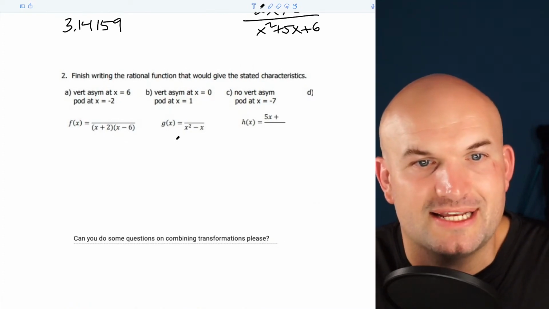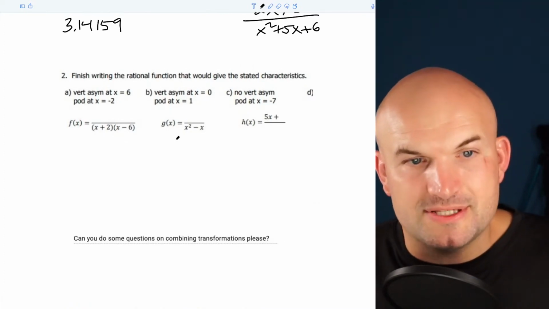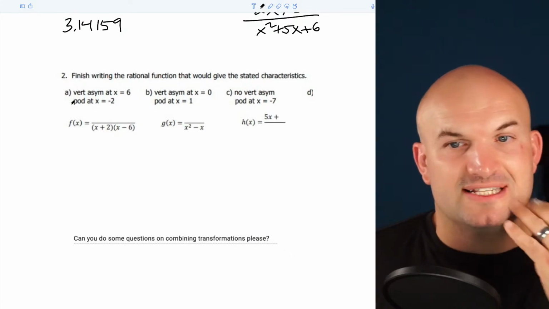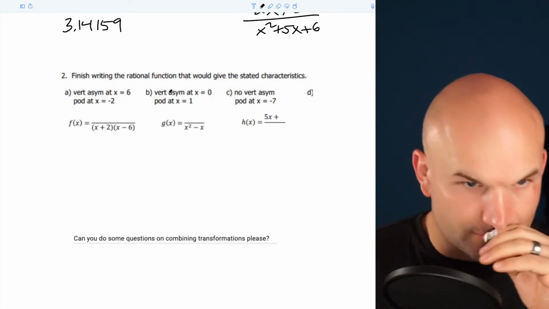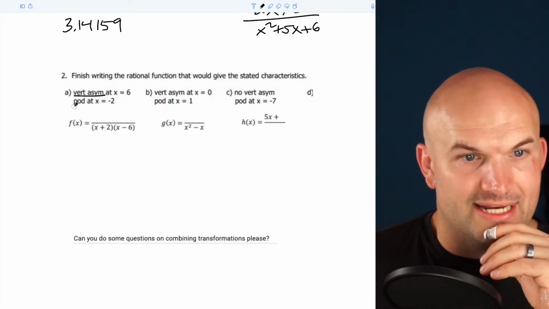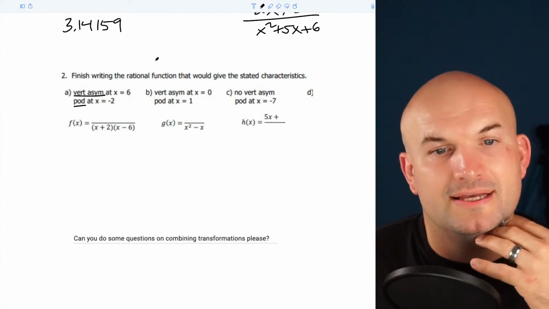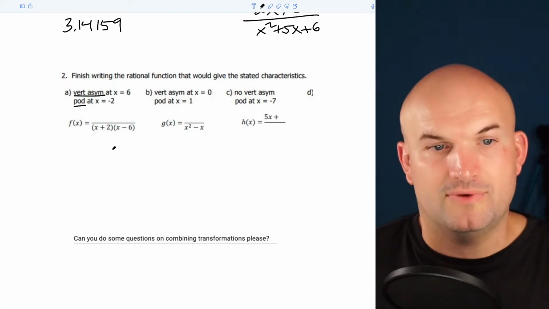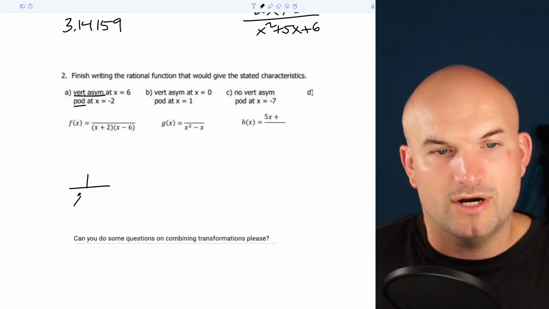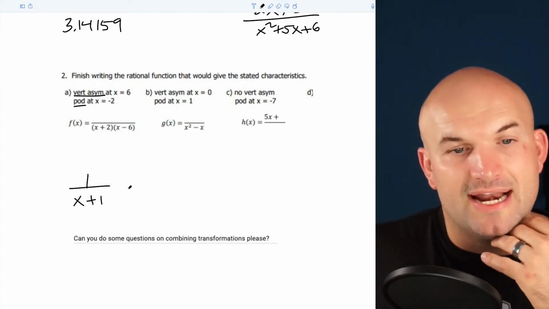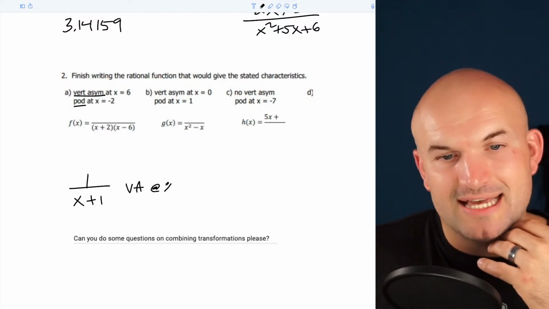Function that would give the stated characteristics. Okay, so it's important here to understand the difference between a vertical asymptote and a point of discontinuity. All right, so if something is non-divisible, right? So if I leave it with 1 over x plus 1, then I have a vertical asymptote at x equals negative